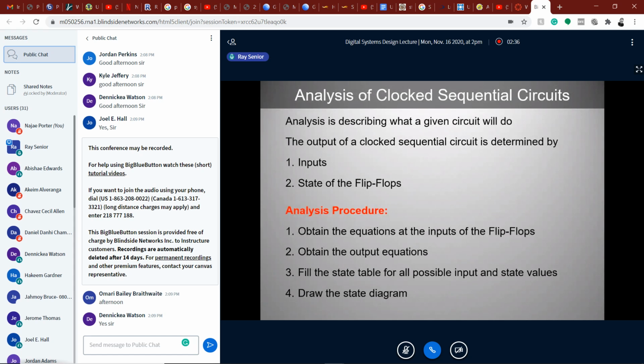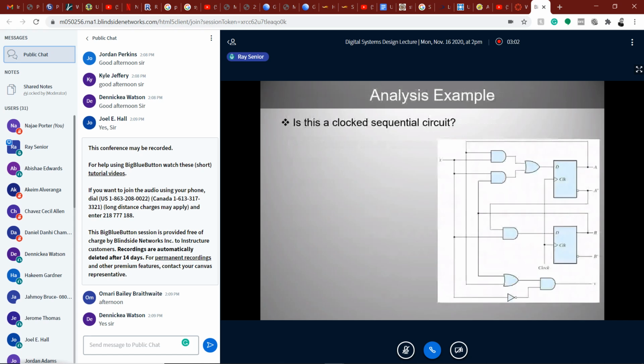So as I said before, the analysis procedure is really just to obtain the equations and then fill in the state table and so on. And then from that we can actually look at a state diagram. And so we are basically going to look at a couple of examples of how we can go through these steps or analysis procedure. So the first thing